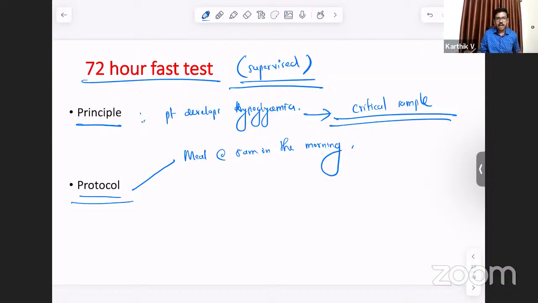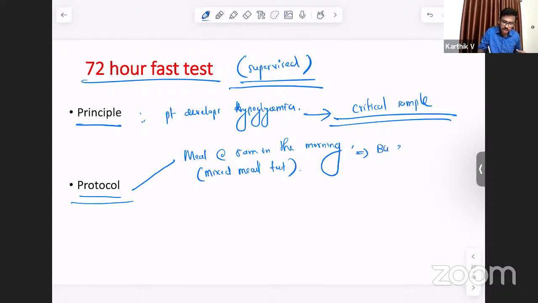Okay, so meal at 8 a.m. in the morning. What we can do is start with a mixed meal test, because in one go you can identify both postprandial and fasting hypoglycemia with this 72-hour fast test. Some patients may experience postprandial as well as fasting hypoglycemia. Some patients may experience postprandial hypoglycemia only. So you can start by giving a meal at 8 a.m. in the morning, and you